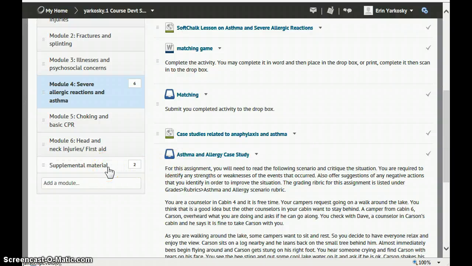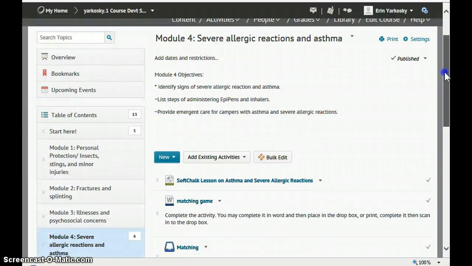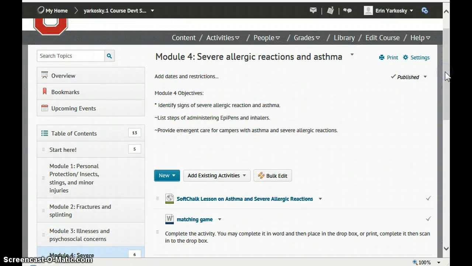There's also some supplemental material here that they're directed to throughout the course. And I'm just pretty excited that it's all finally come together. And in going through the quality measures and quality standards, some are a little bit on the borderline. This is not an academic institution course, but it really helped me make sure I had things that were appropriate and allowed access or accessibility for all the